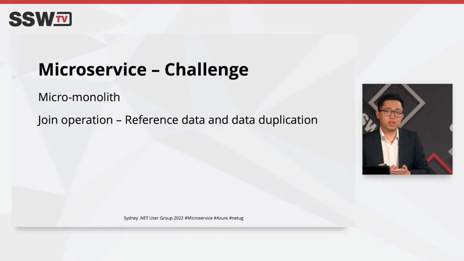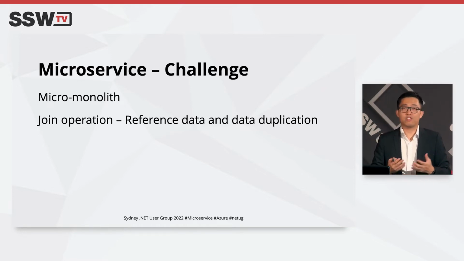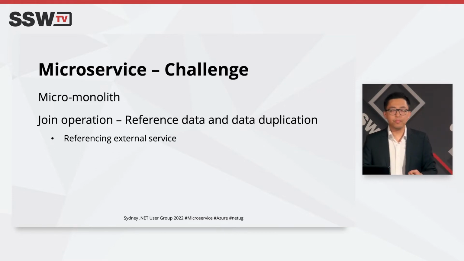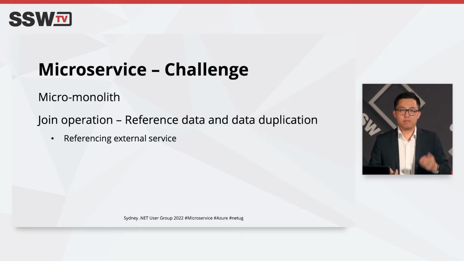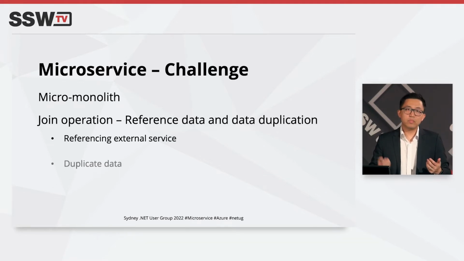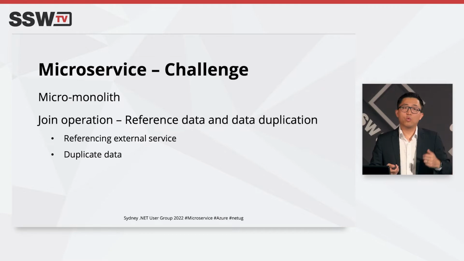And here, from my statement, you can already tell the potential issue is the frequency at which the data is updated, and what happens with stale data. That is something we need to watch out for. So, as a quick summary, as I explained, we can reference the external service directly, either via HTTP call or a pub sub service, which on Azure is Service Bus, or we can try to duplicate the data. If you choose to duplicate the data, you need to be careful. Although data storage is cheap, so storing the data doesn't seem to be an issue at all,